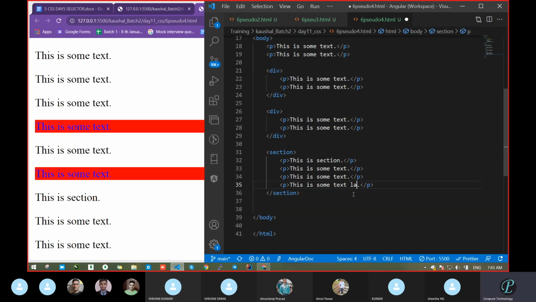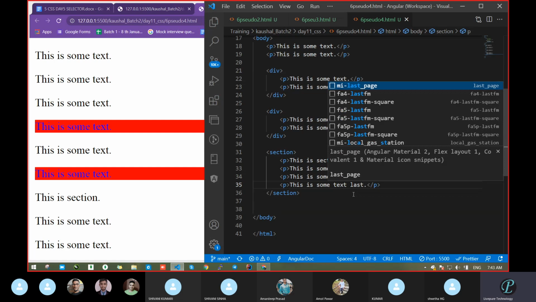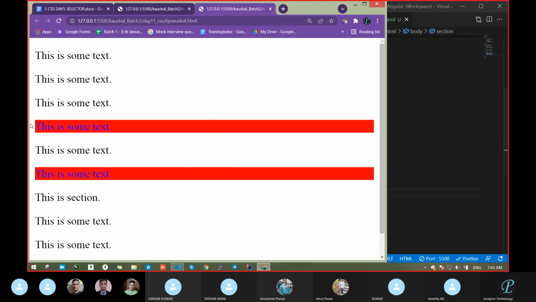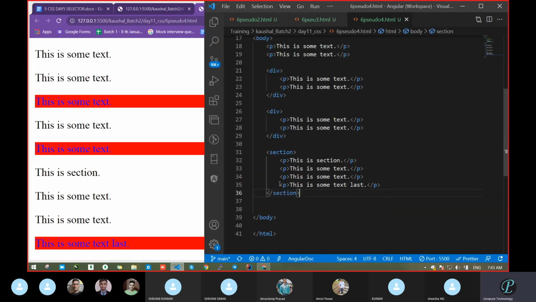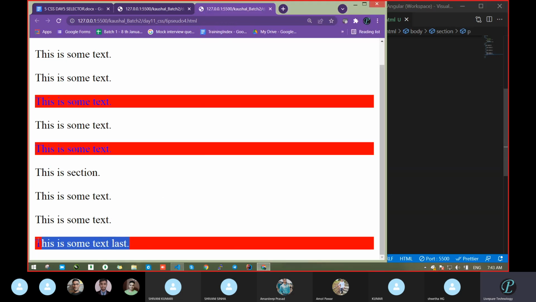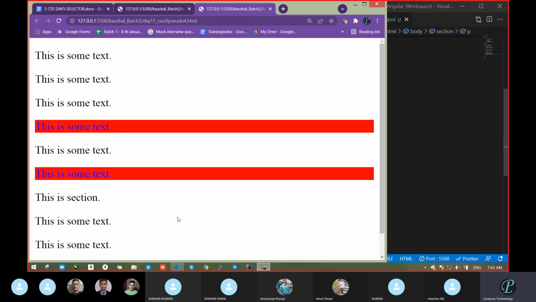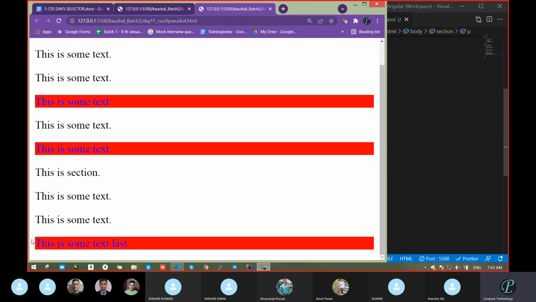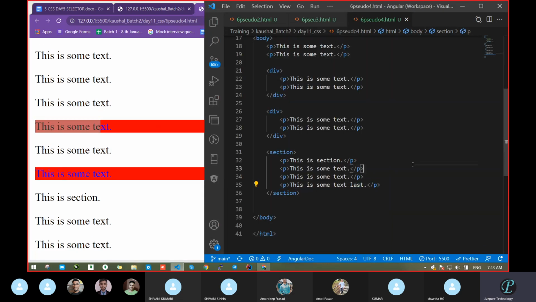So see here, if I add last, okay, so see, this is the last, some text last. So now it got affected here at the bottom. Means how many in total? Last one, then this is second, and this is third. So let's compare in our code.